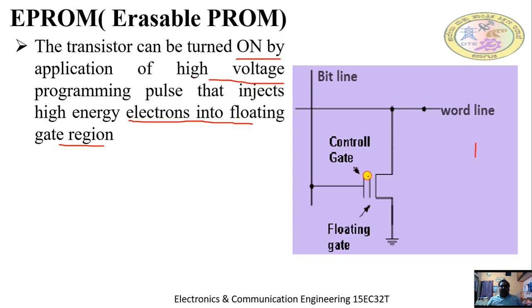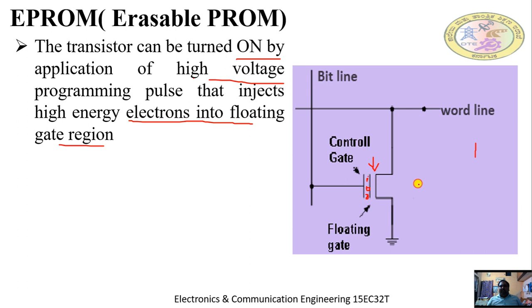So here the electrons get injected. Once the electrons are injected here, they remain permanently trapped here, making an electrical connection between the control gate and floating gate. By supplying high current pulses here, electrons get injected. These electrons make a physical connection between the control gate and floating gate. Earlier, in the structure, there was no physical contact, but using high current pulses we made a physical contact between the control gate and floating gate by inserting electrical charges here.